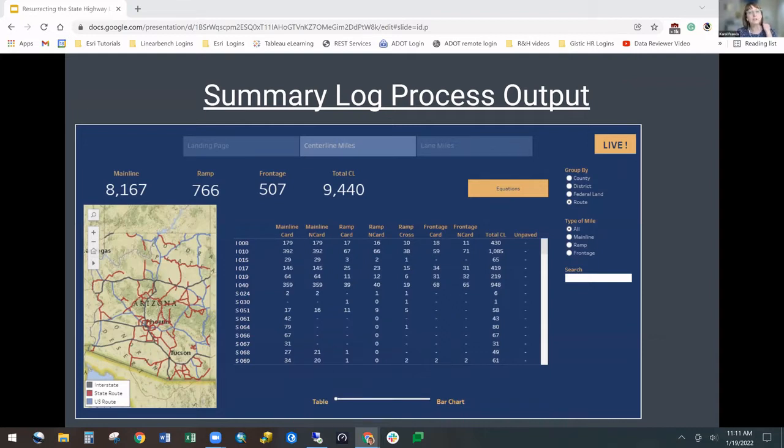This is a screenshot of the centerline Tableau dashboard. The users may use the,